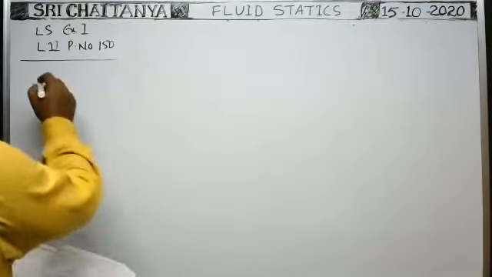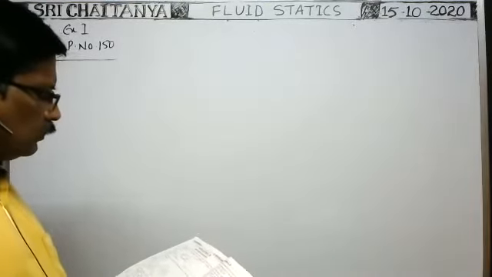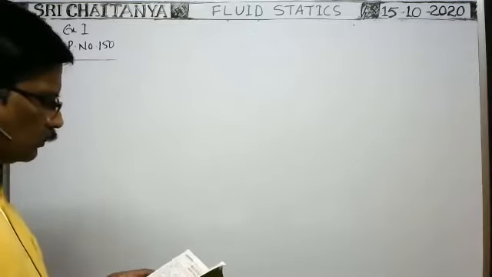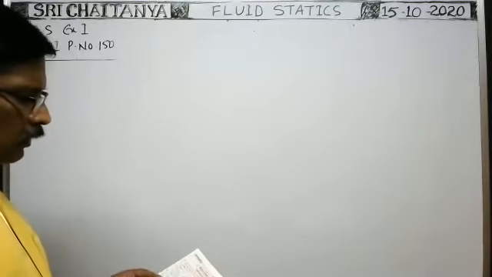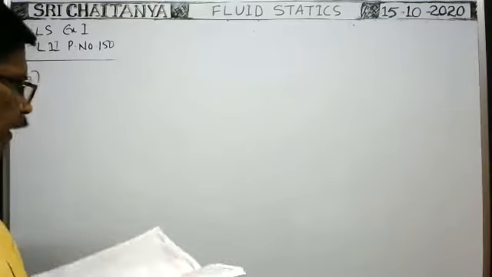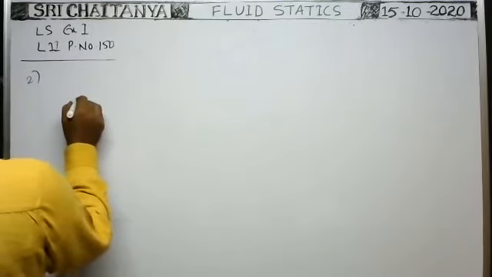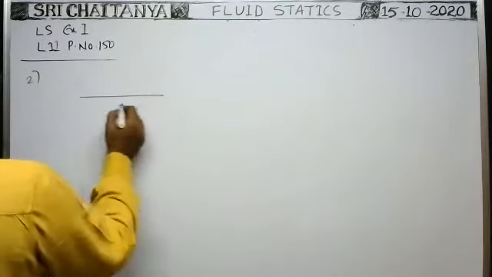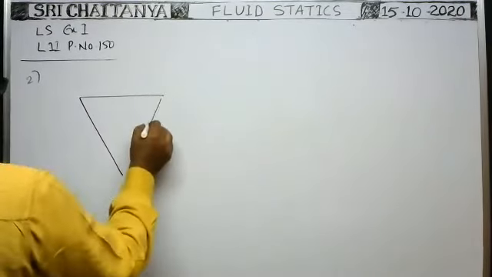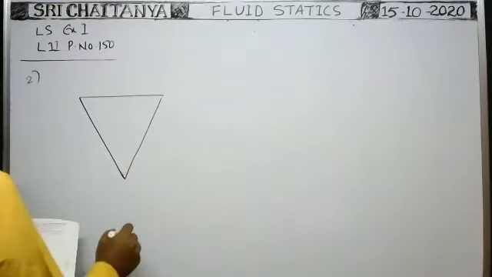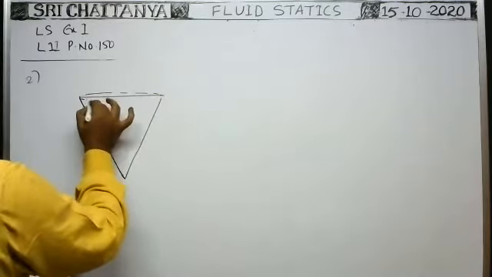Okay, see, second problem. A light circular cone is pressed by 500 Newton force as shown in the figure. Then the depth up to which it will submerge is what? Here a light circular cone is there. Of course, the cone has a circular base, which is not shown in the diagram. Directly it is given like this. It is a light circular cone, having a circular cross section at this place, which is not shown here.